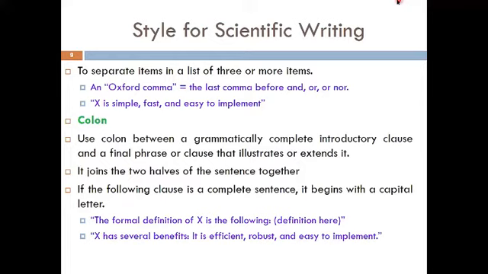If that is the case, the joining clause must start with a capital letter. For example, the formal definition of X is the following, colon, then you can define whatever you want to define. Another example is X has several benefits, colon, then you can start with a capital letter: It is efficient, comma, robust, comma, and easy to implement.